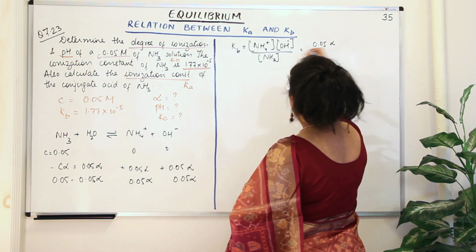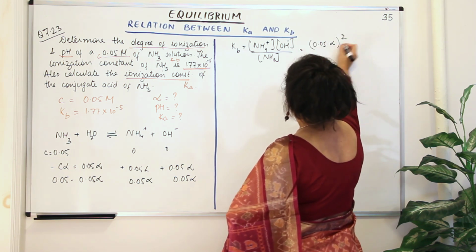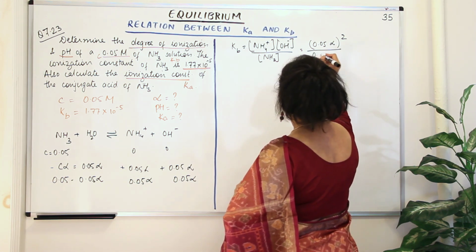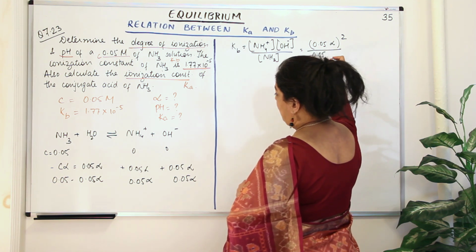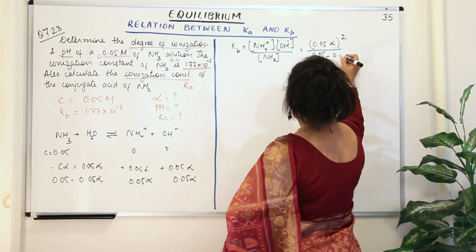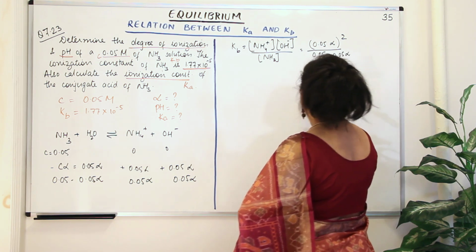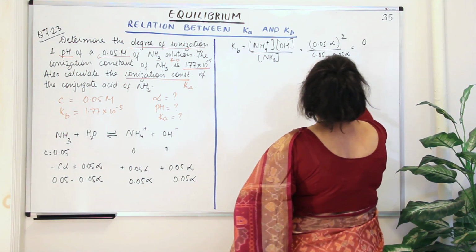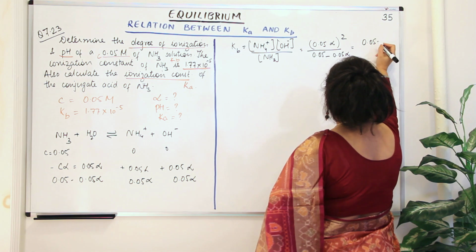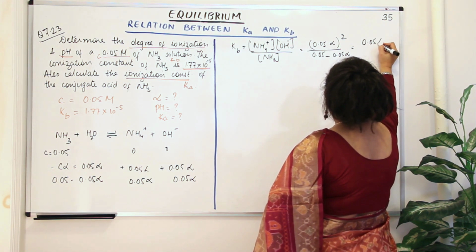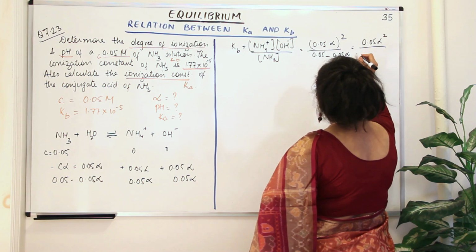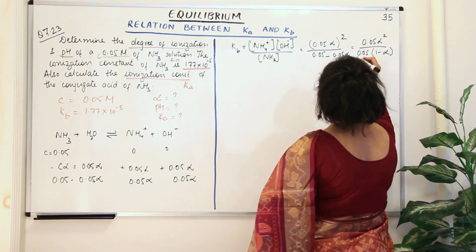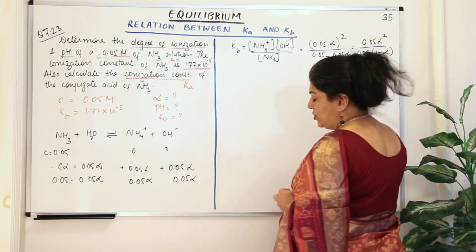0.05 alpha, and OH negative is also this, so this would be the square of this, divided by the concentration of ammonia, 0.05 minus 0.05 alpha. Now let us simplify this. Let us take the 0.05 outside: 0.05 square alpha square, so alpha square upon 0.05 into 1 minus alpha. And the 0.05 and the square of this, so 0.05 is cancelled, so you're left with